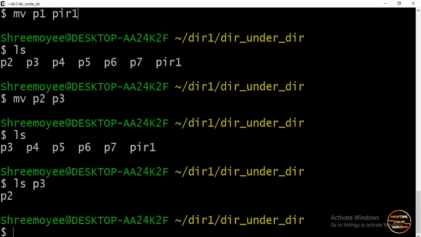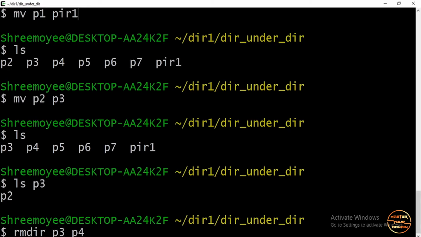Fine. So till now we have learned about making new directories, renaming them, moving them to another directory, and so on. And the thing that is left is removing directories. Yes. So let me remove all the directories, whatever there is. rmdir is the command for that, and I'm going to remove p3, and p4.